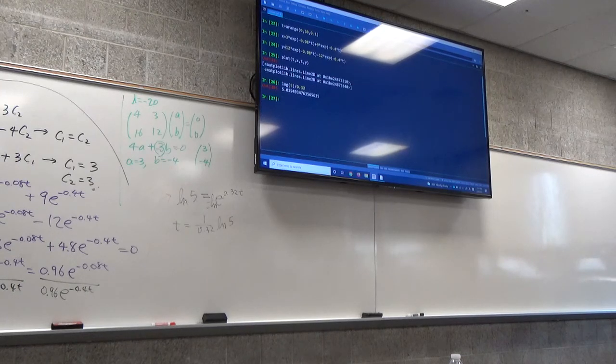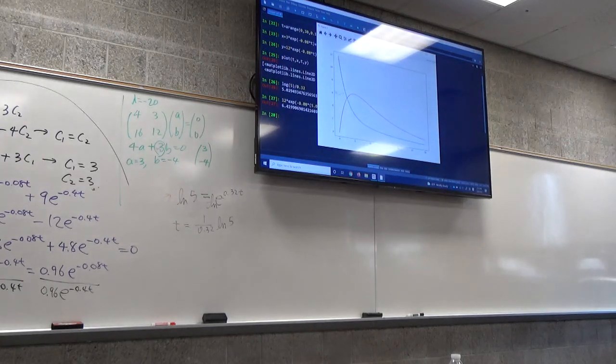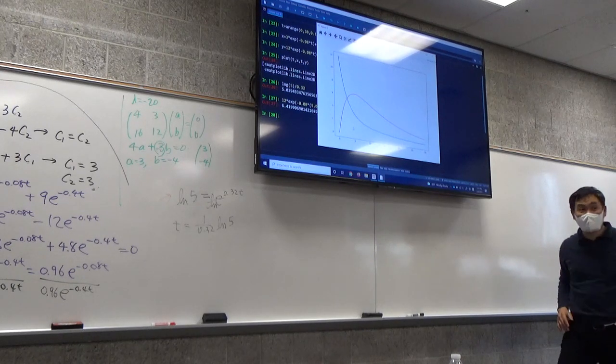And if you want to know what the y value actually is at that maximum, I put 5.03 in here. Then you get 6.4. So you get 6.4 as the maximum amount of salt in the second tank, and it reaches its maximum right after 5 minutes. Yeah, the graph also shows about 6.4, right? So that's what we see in this